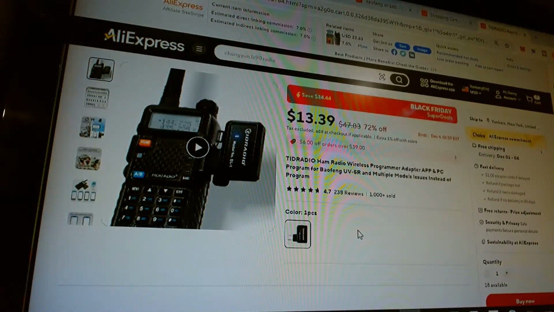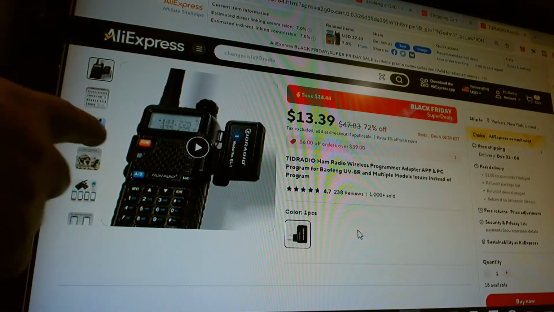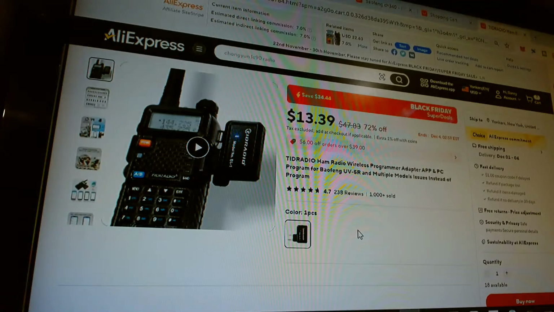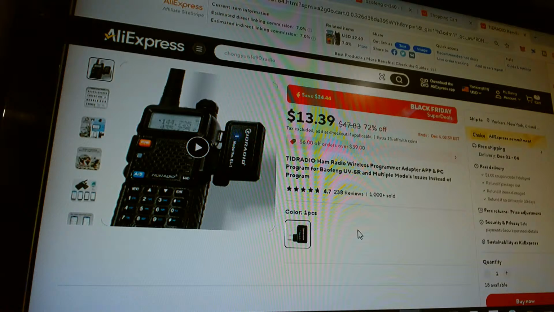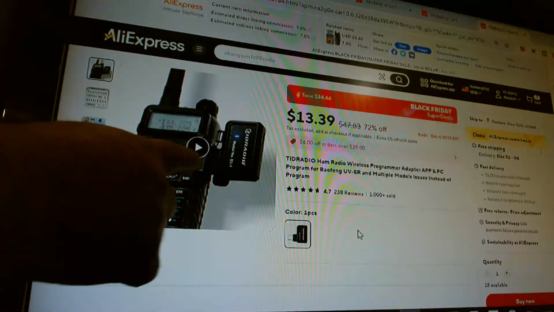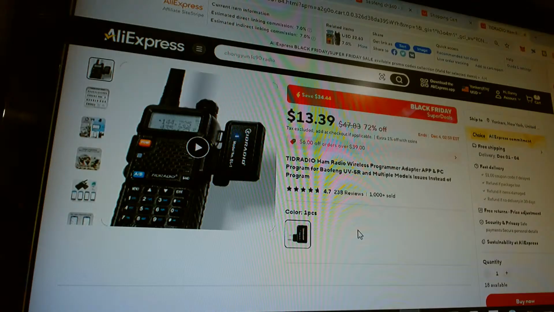repeaterbook.com. The software has Repeater Book built in. So what you do is you type in, for example, 2 meter. You do a search like 2 meter repeaters, 20 miles away, all the 2 meter. So you have the cable, okay. And then all you do is select the repeaters on the search, and it automatically puts them in your handheld with this dongle. So it's very easy to use. But I want to know if this works with the E100. I want to try it. Yeah, that's why I'm buying it.